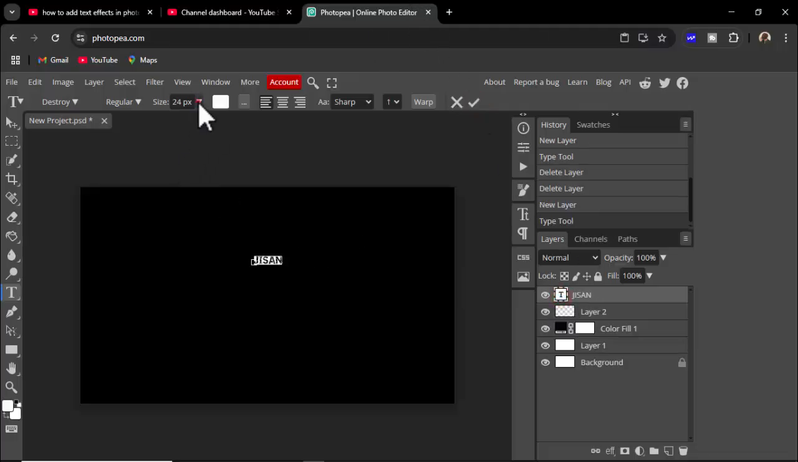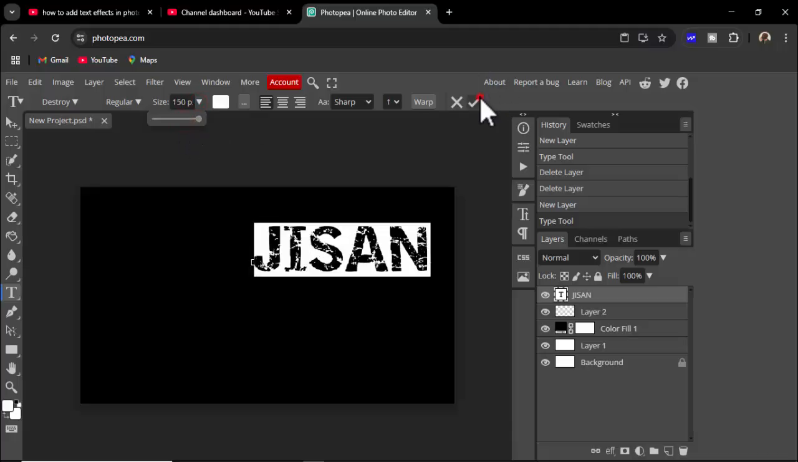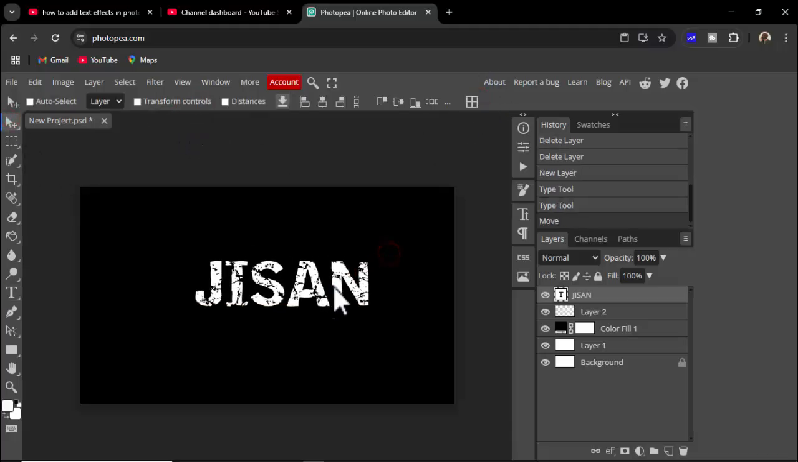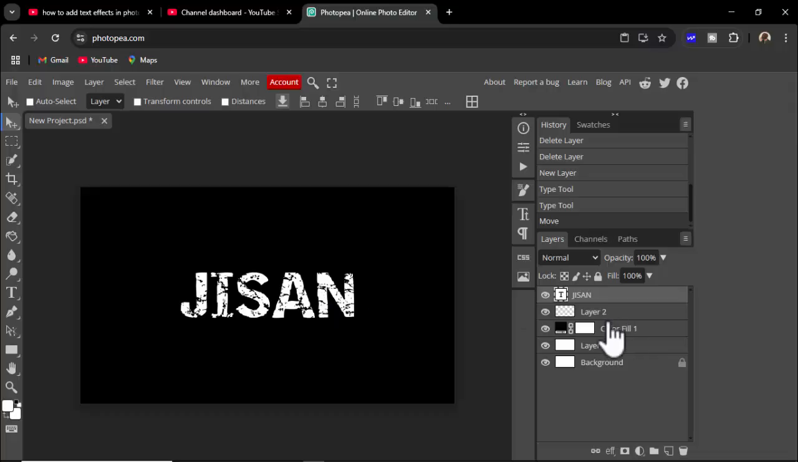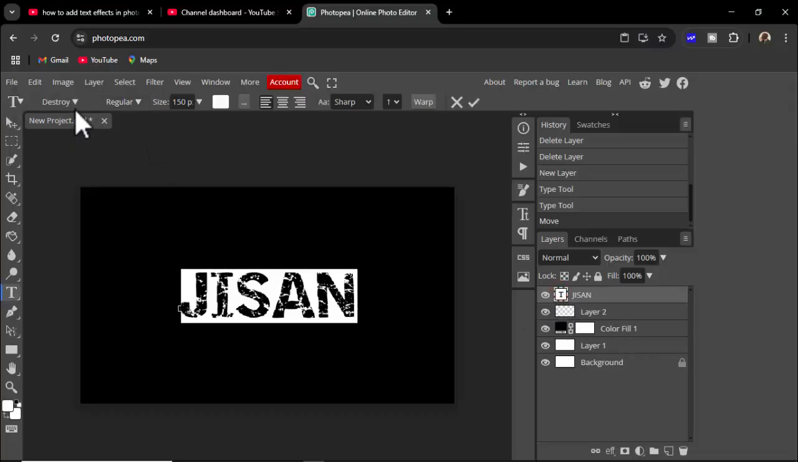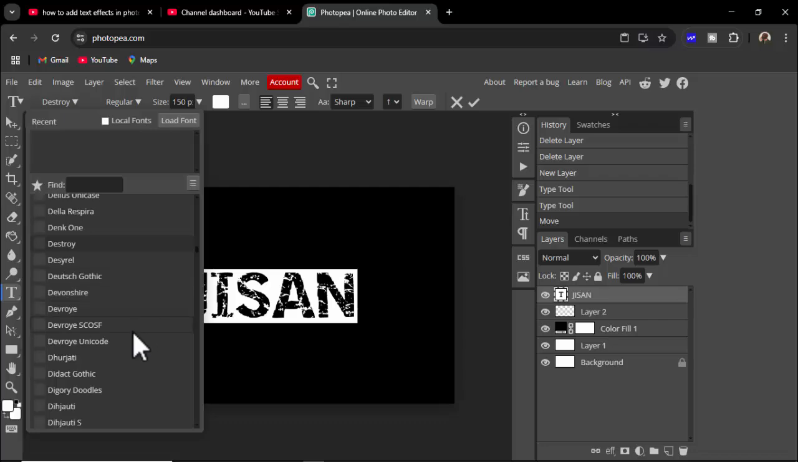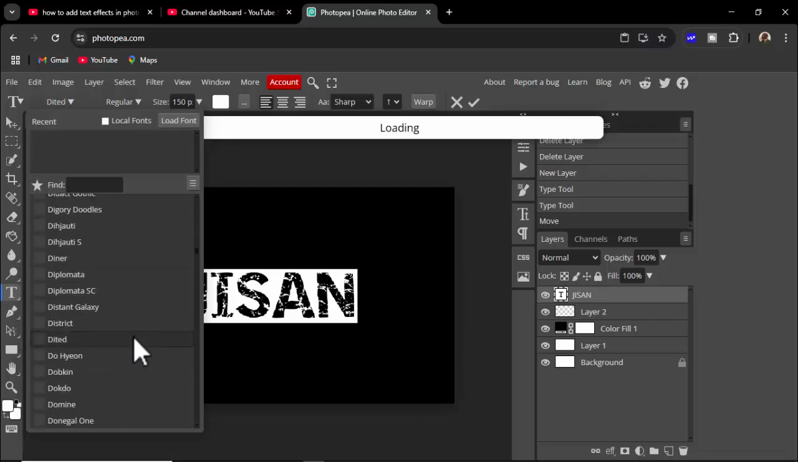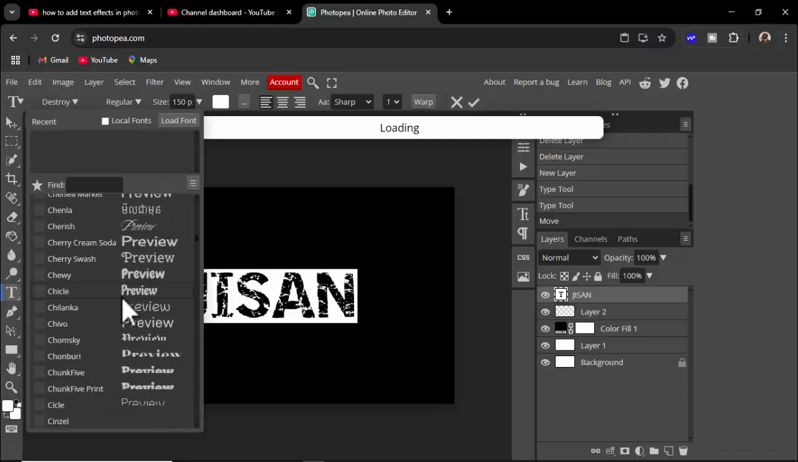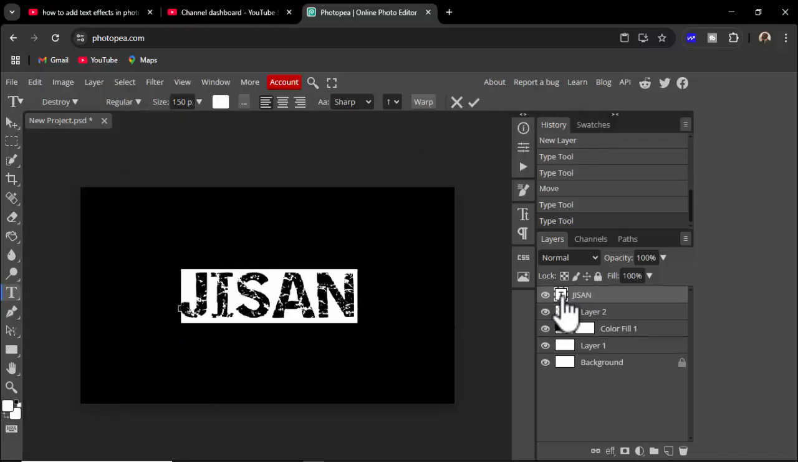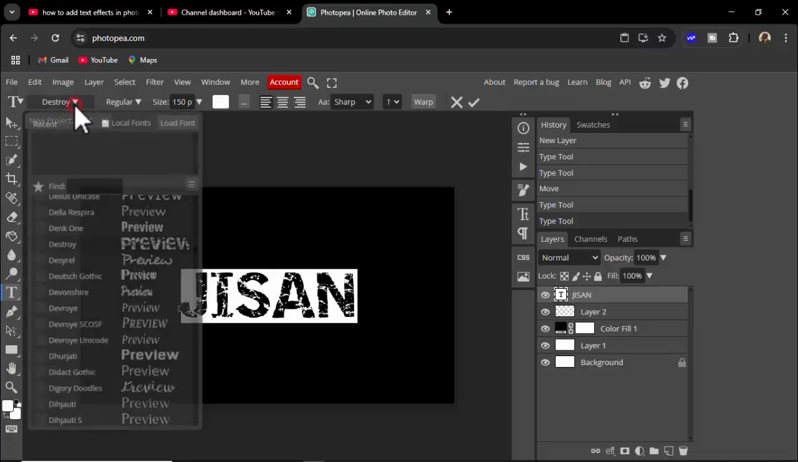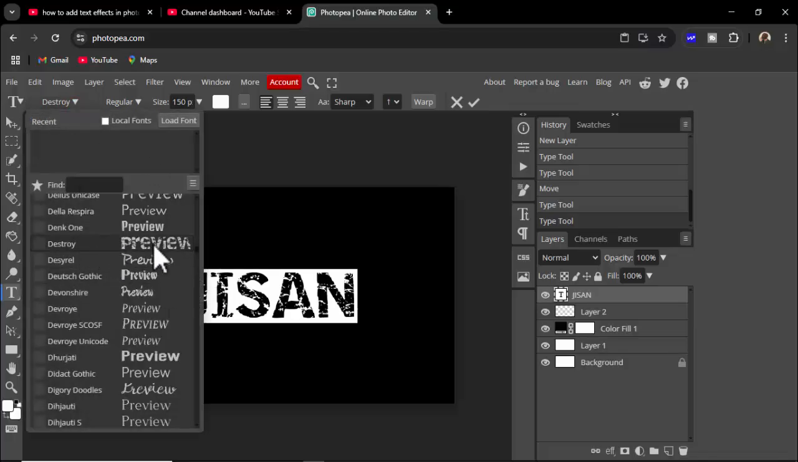Double click and resize the text. Double click and see this many text fonts. Okay, then I use this text font